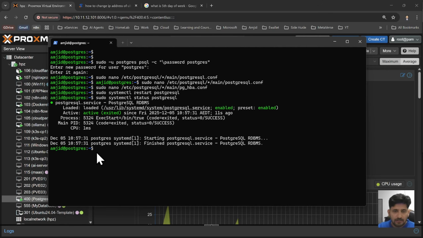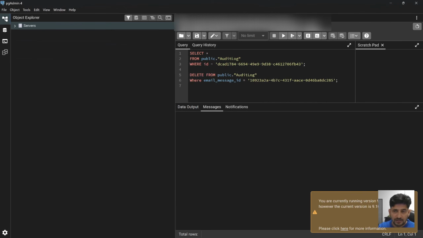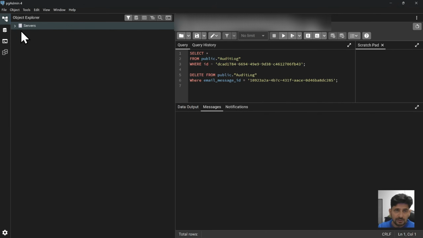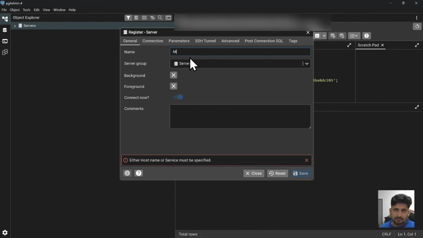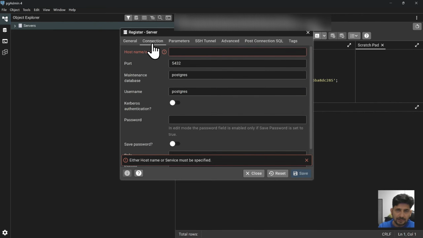So up to this, now our process is completed, which means that PostgreSQL is now installed and it is accessible from my local server. So what I'll do, I will be going to pgAdmin. So pgAdmin is something that I want you to use when you want to use it on the desktop. So you can use pgAdmin here. So I will be just simply clicking on register and server my DB. You have to go to connections, add the IP address